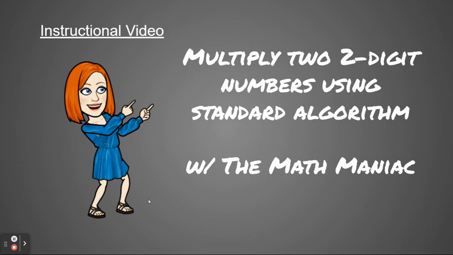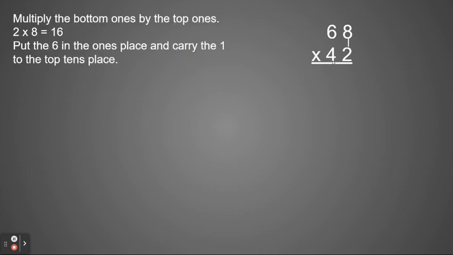Today we're going to be multiplying two-digit numbers using the standard algorithm. This is similar to when we multiplied a two-digit by one-digit number using the standard algorithm, but this time there are additional steps since we now have a two-digit number. Here's our first example. If we have 68 times 42, we're going to start by multiplying the bottom ones by